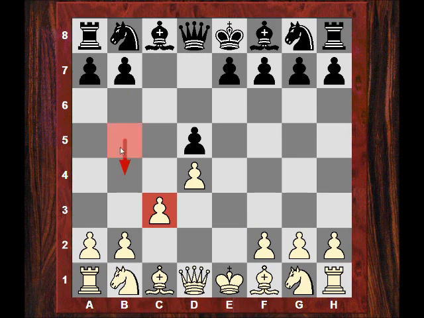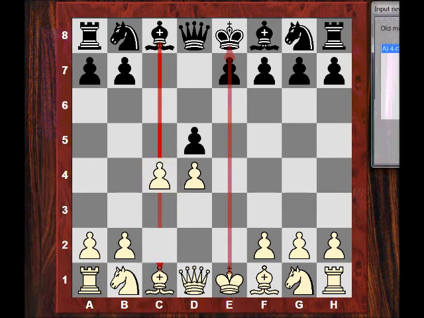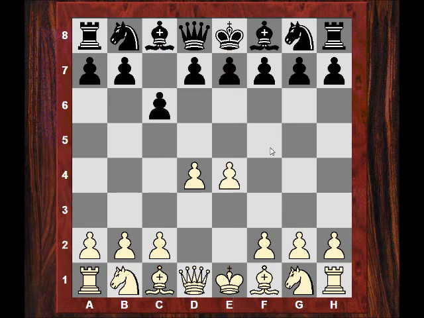So there are clear distinctive plans, even if you don't play the main lines of systems. And in fact, you can even play the exchange French with a vengeance with c4. I think Kasparov has played that. So even in the offbeat lines, there are still interesting ideas that you can back them up with.